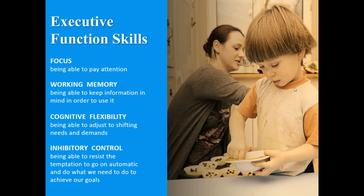So the third key principle that we mentioned was executive function skills. And if we think about how the brain is built from the bottom up, the executive function skills are those higher cognitive skills. So Vroom has built their tools also on this key principle, this idea of executive function skills. There are different components here for executive function skills, such as focus, that ability to be able to pay attention,